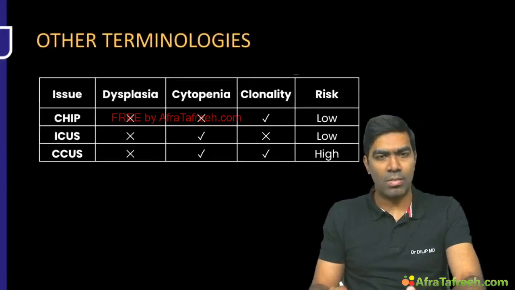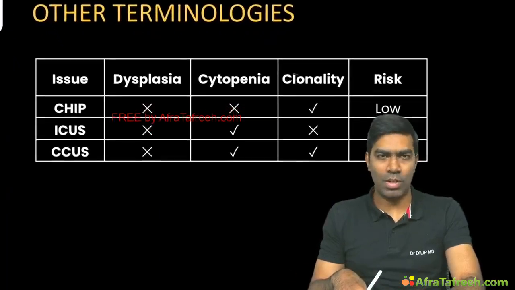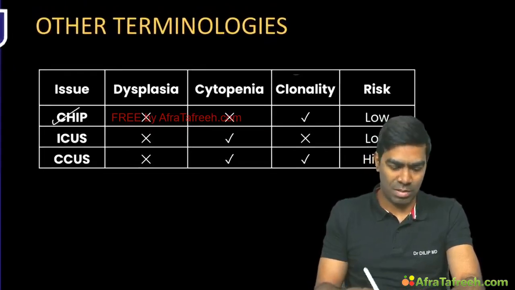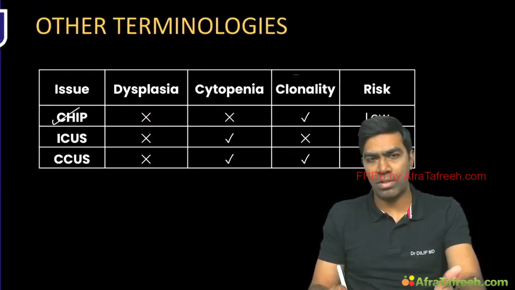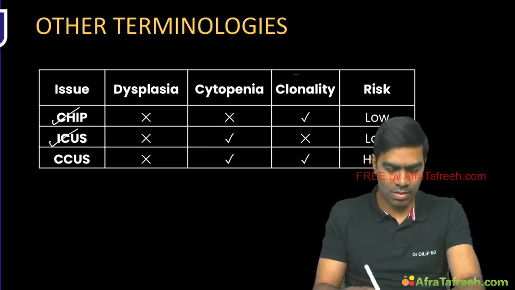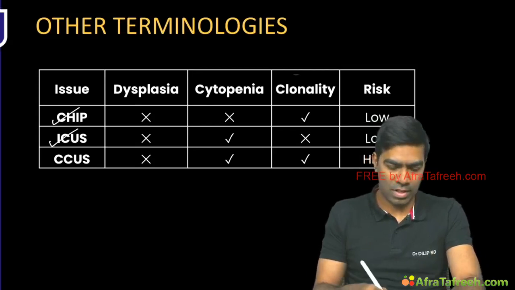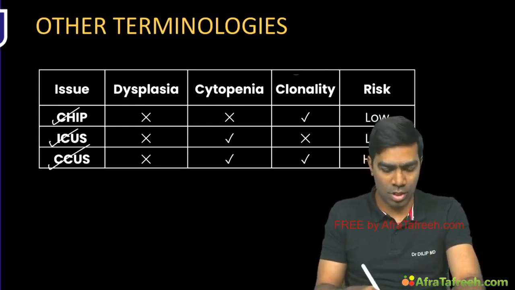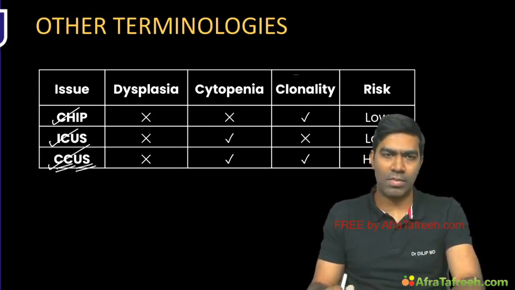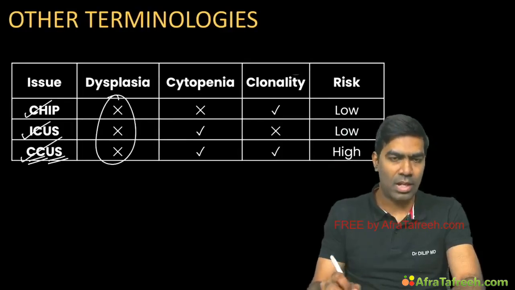So what about other terminology? We have some confusing terminologies apart from MDS, like CHIP, that is clonal hematopoiesis of indeterminate potential. Then we have something called ICUS, that is idiopathic cytopenia of undetermined significance. And then we have CCUS, that is clonal cytopenia of undetermined significance. You don't see dysplasia in any of these disorders,